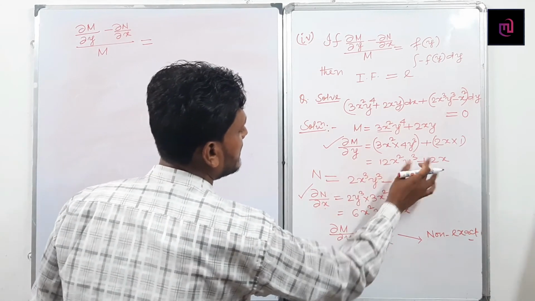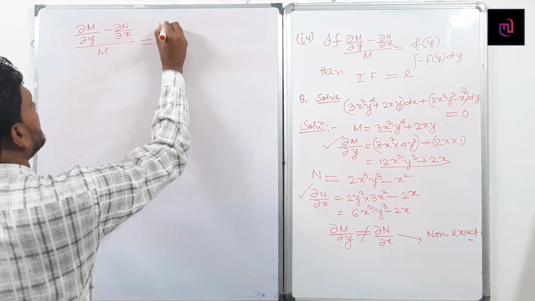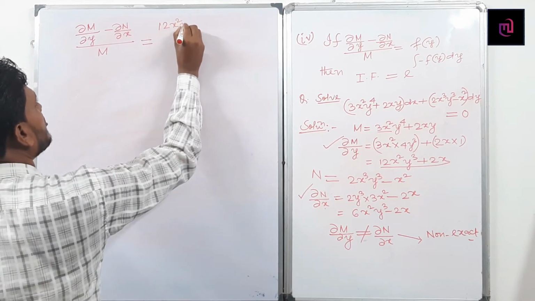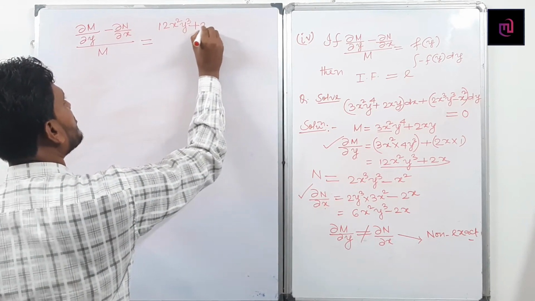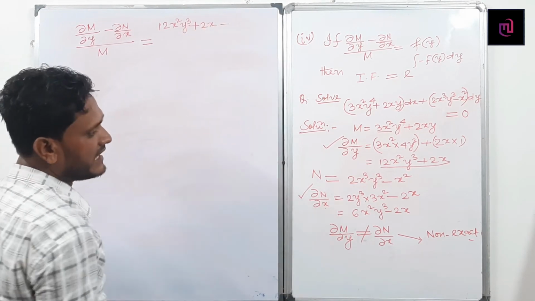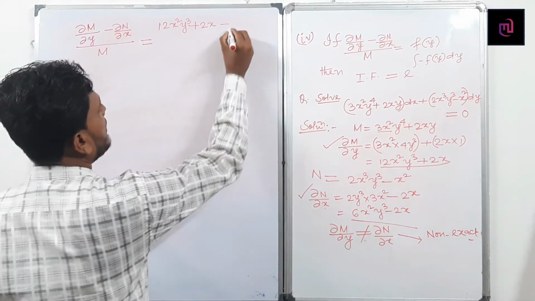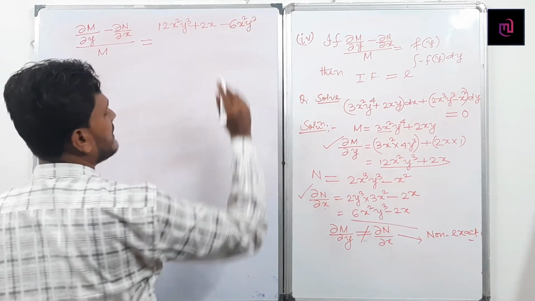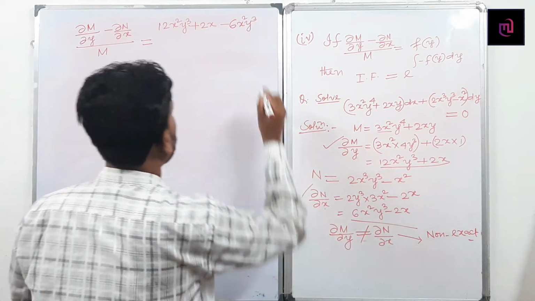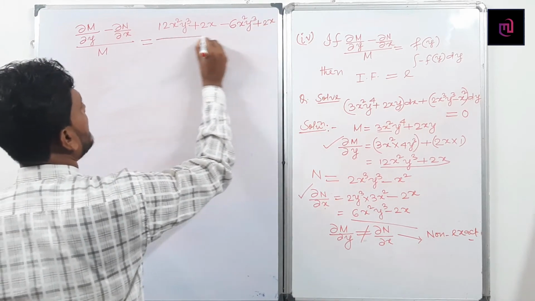It becomes this part, 12x square y cube plus 2x, minus del n by del x, this part, minus of 6x square y cube minus 2x, so plus 2x, whole divided by